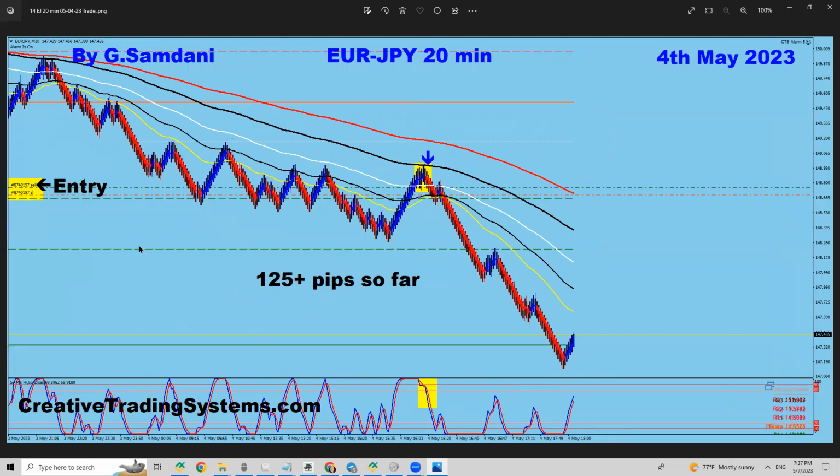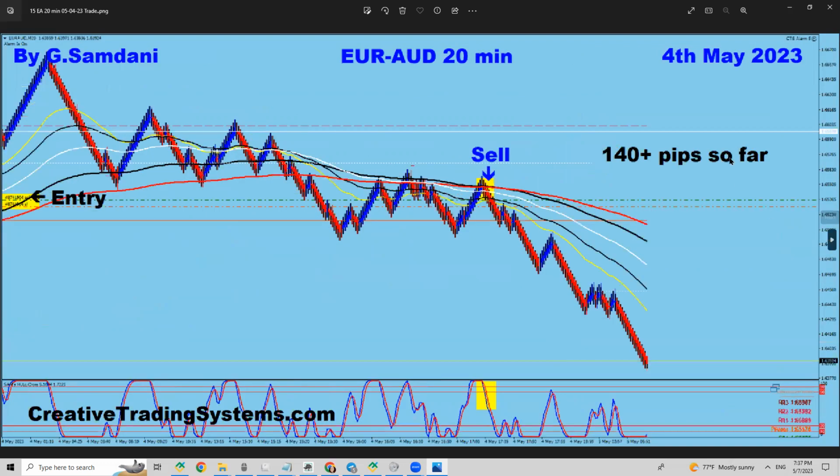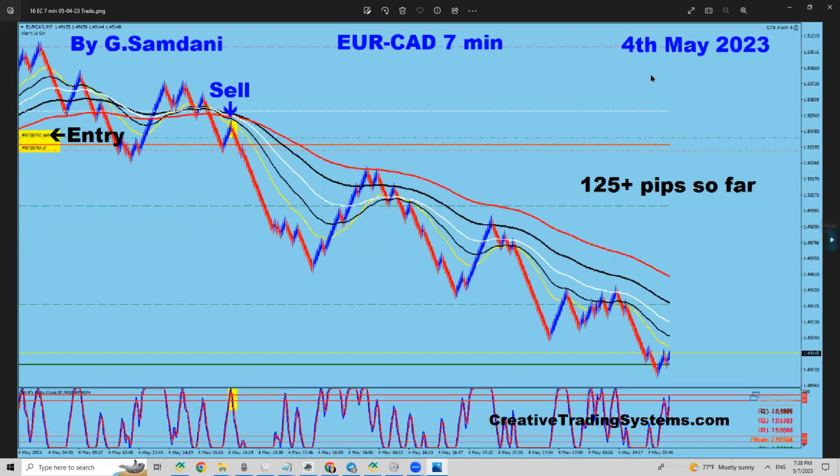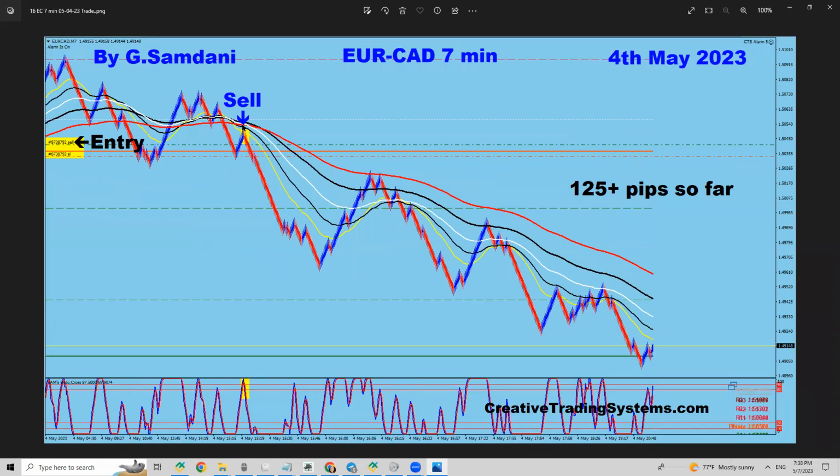Euro yen, again, on the move to the downside, is 125 pip on the 4th. Euro Aussie. Aussie start to get strong, by the way. And this week, I think it will get stronger. Again, so 140 pip. Watch this one. 140 pip from here to here. It was going powerfully to the downside, but I closed it. So enough is enough. Right, on the 4th, Euro CAD, and this beautiful move to the downside,